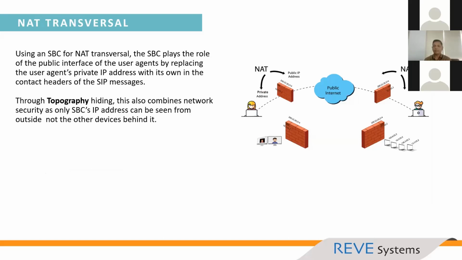So what happens when the origination is communicating with the SBC? It only knows the IP address of the SBC. It doesn't know the IP address of the other party with which it's getting connected. And termination is also the same. Termination never knows the information of the originating party. It only knows the information of the SBC. So this is how the NAT traversal works, that you are hiding the topology from the network.